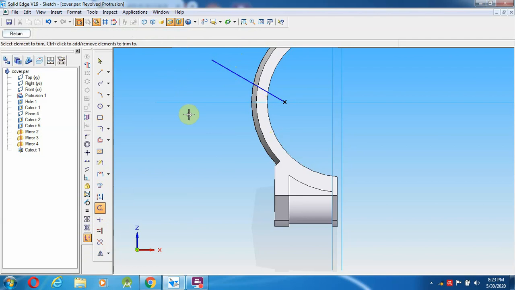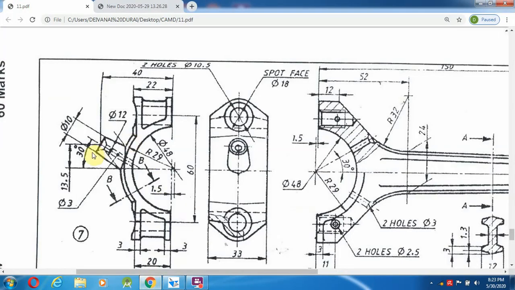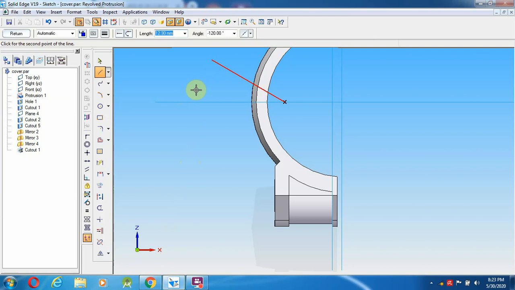Okay, so now what I am going to do, select a line from here to draw a perpendicular line of the distance is 10 mm. So 10 mm is 5 mm, it has to come over here and it is going to join over in the mid. So 5 mm, enter, going to join over in the mid.